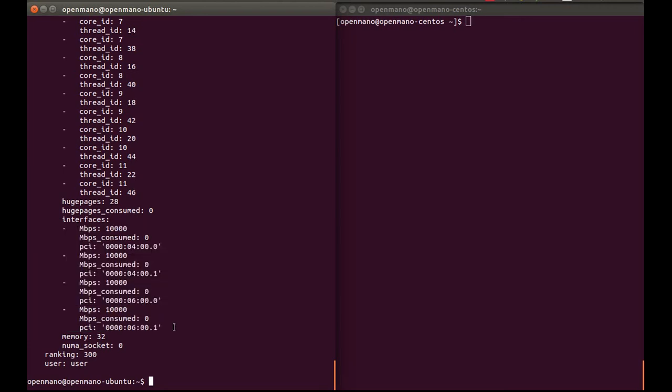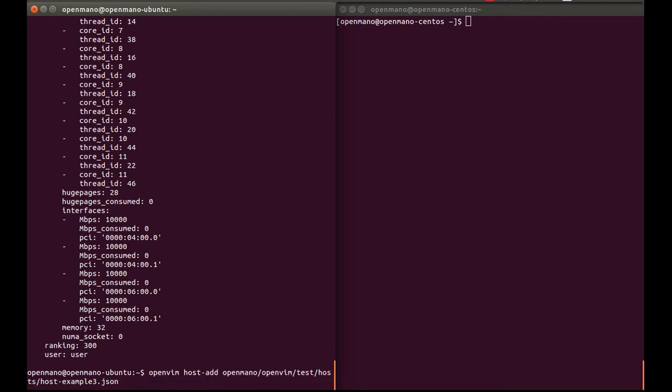Okay, how is this information provided? Okay, you have two options. You have the option to include extra parameters in the description of the compute and of the host add. This is done instead of doing. Well, it's actually what we are doing here. You can do OpenBeam host add and provide connectivity credentials to the. Actually, if I do this,